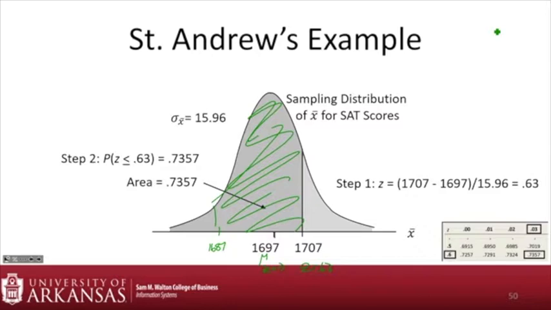Now we have computers. All we have to do is say, hey, I've got a normal distribution with a z-score of 0.63, and it'll tell you what the probability is. Lots of fun. But our goal, again, I told you this is going to be the most mathy part, is trying to find that probability. So we find the z-score on one side, and then our book tells us the area below that score is about 0.73.